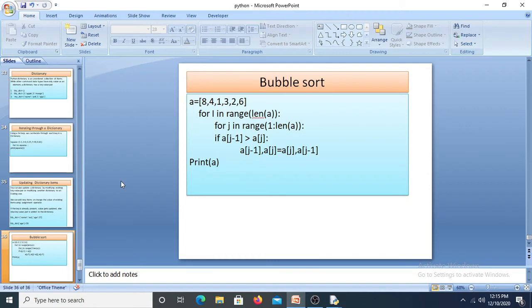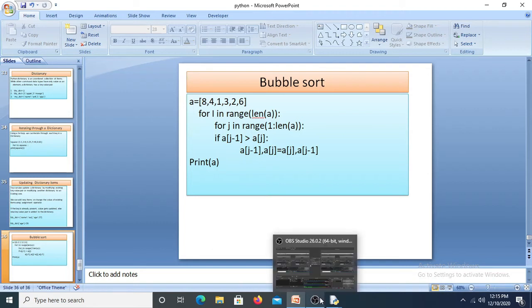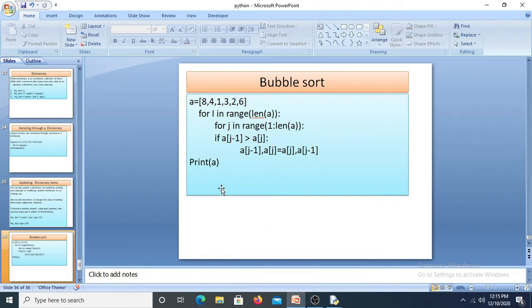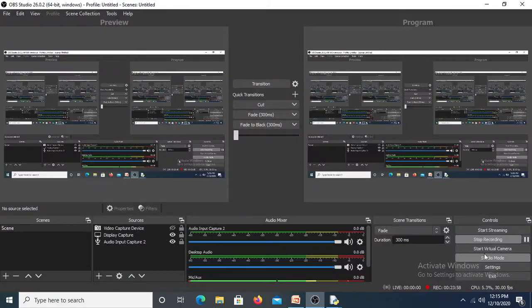In examination you may get questions like how many times it has been swapped for 841326. In the next class I'll explain bubble sort as well as insertion sort by using iteration, that is a for loop, right? Till then, thank you so much.